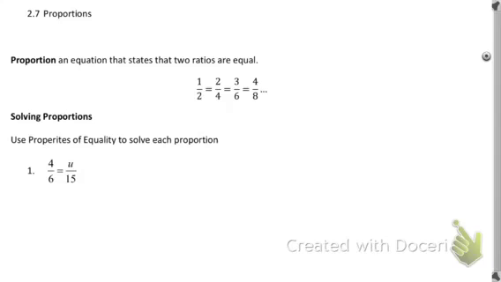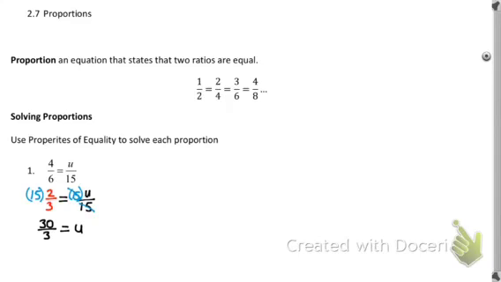So here we have 4/6 is equal to u over 15. Just like we had solving before, we want to follow this procedure. First, we want to simplify both the left and right hand side. 4/6 reduces to 2/3. We can't do anything with the u over 15. However, notice I did leave a space after the equals. So now that we have this, the next thing is multiply both sides by 15,